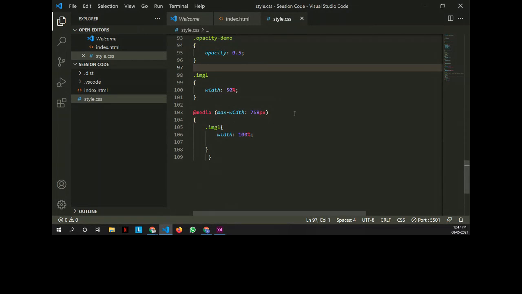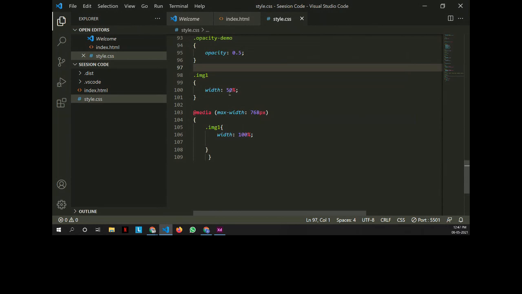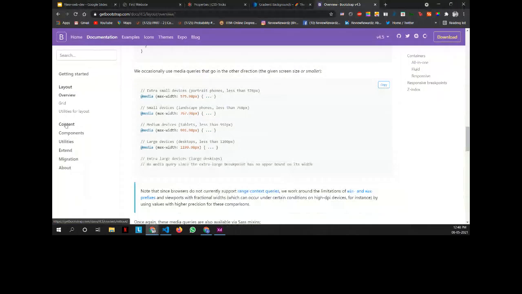We can tweak the code accordingly: if we want to show the user the width as 100% on the phone, but we only want to show the width as 50% in the desktop version, then we use this. Did you see the code, Aman? Okay, cool.